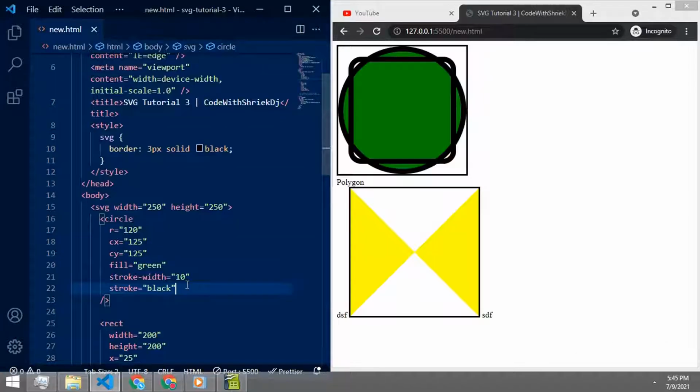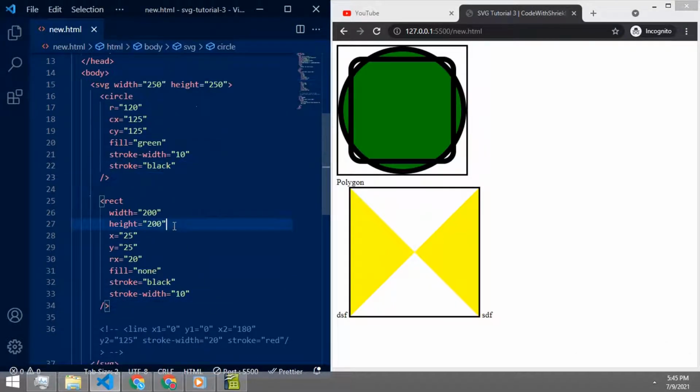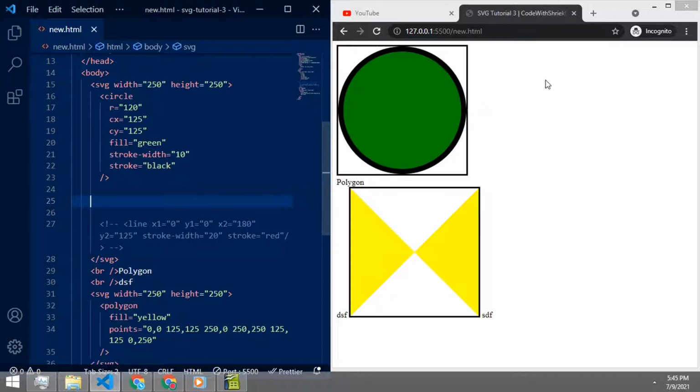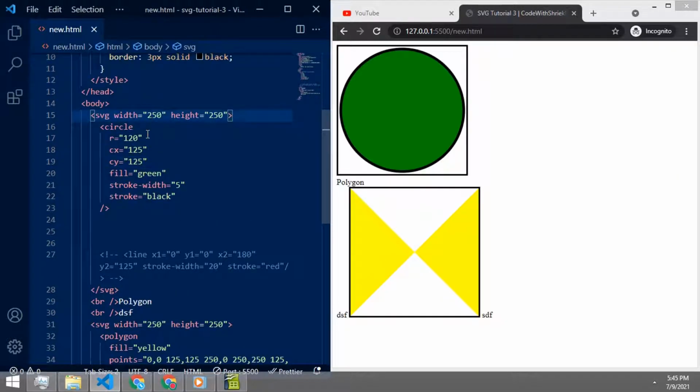Okay, let's learn about ellipses. What is an ellipse? An ellipse is a shape which is very similar to a circle. It does have a radius, center position, and the fill property. Stroke width is used for the border size, and stroke is used for the color of our ellipse.